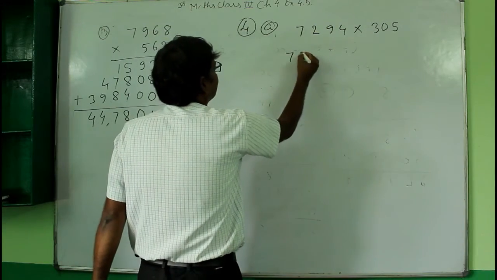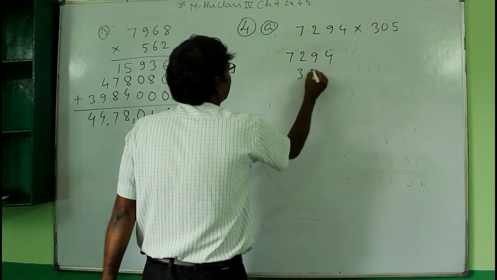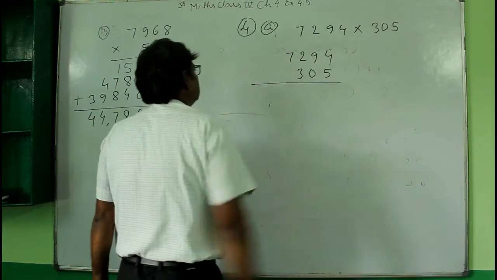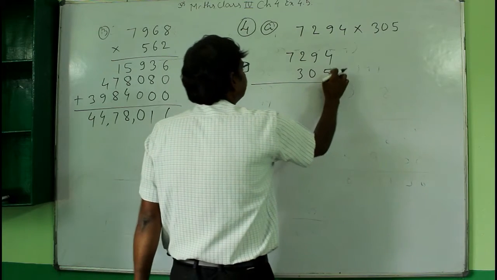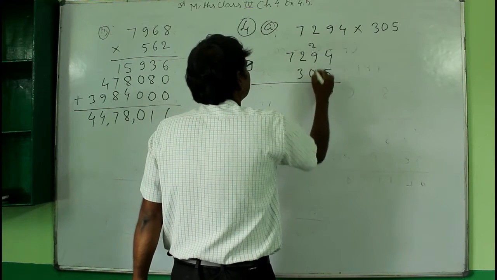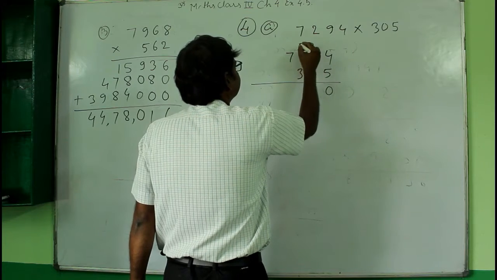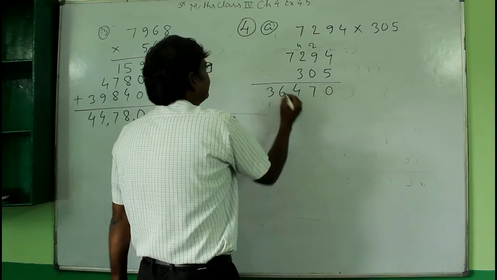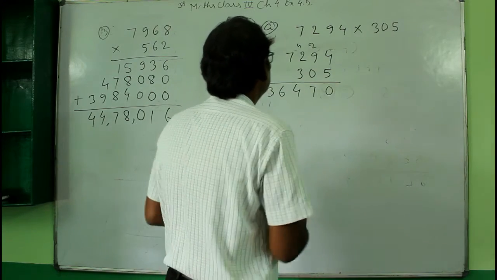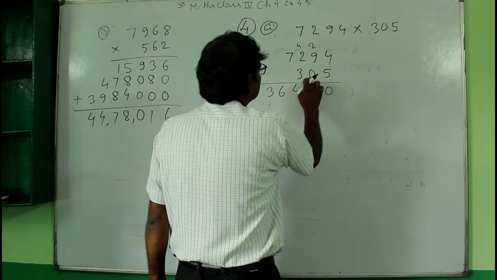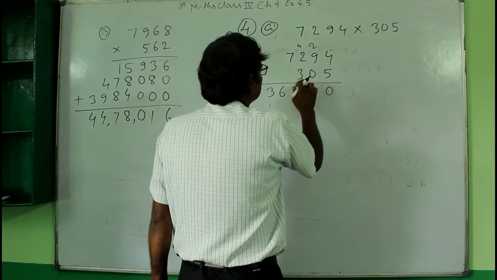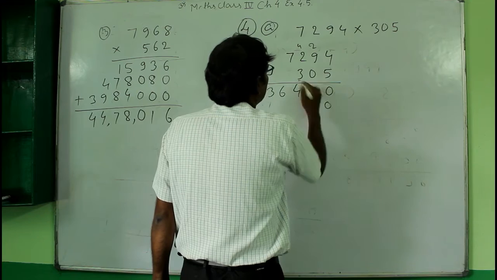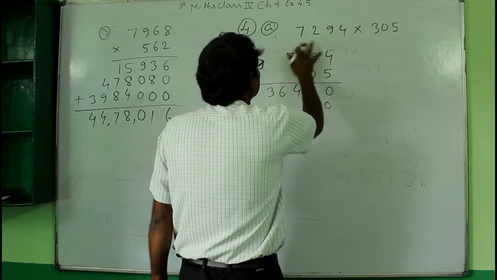So write again 5 here, and then first multiply this with this and this with this, and just leave the zeros here. So it should be this here, and then now write here this number, because if you multiply this 0 with this you will get 0 only. So directly multiply this with 3. Here it is at the hundreds place, so write here double zeros and then multiply 3 with this number.